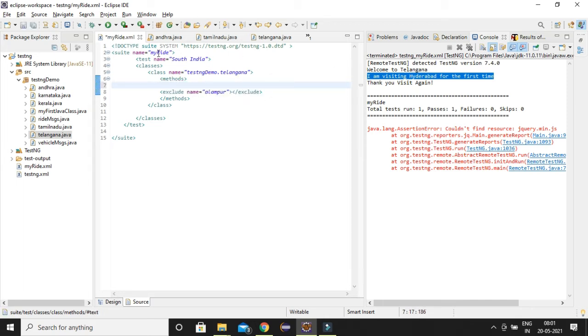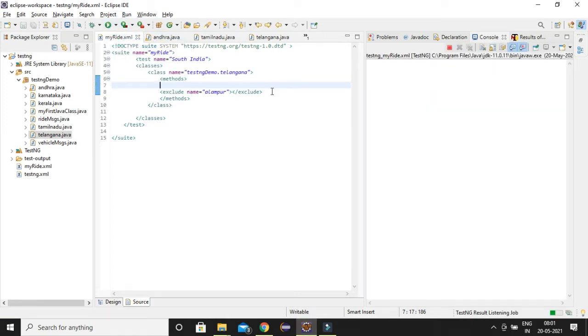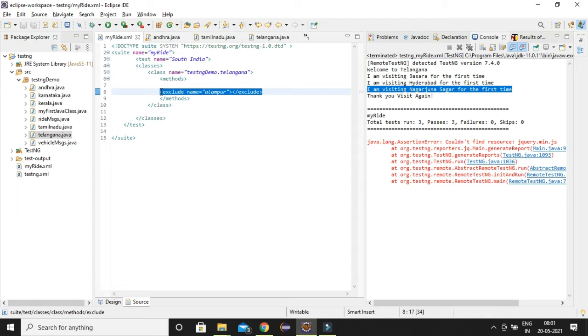Let me say exclude Alampur and execute this. Let me see the remaining three methods. You can see Basra, Hyderabad and Nagarjuna Sagar got executed, but Alampur didn't get executed. So here we have a choice to include or exclude methods.